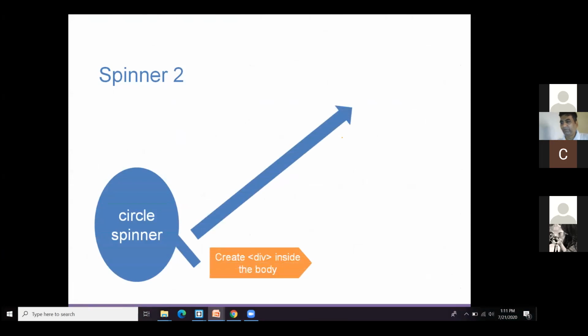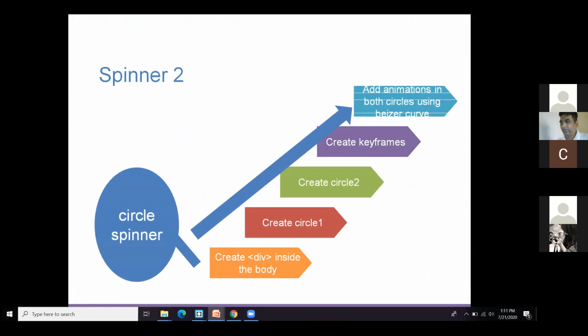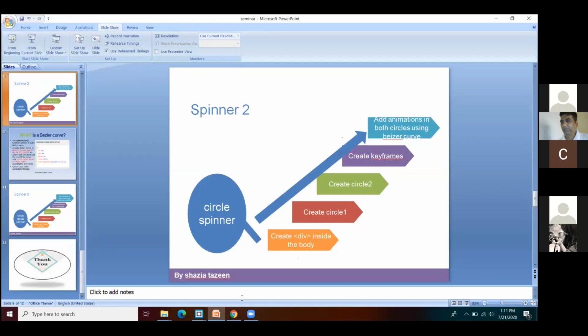First, let us make a division. Second, we have to draw the first circle. Third, you have to draw the outer circle, the second circle, and then again we need to create keyframes and add the animations using Bezier curves. Let us see it one by one.